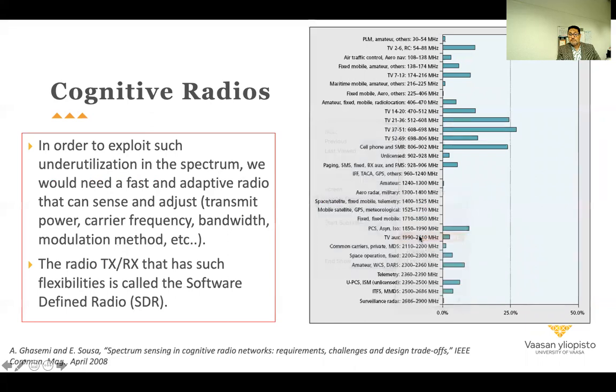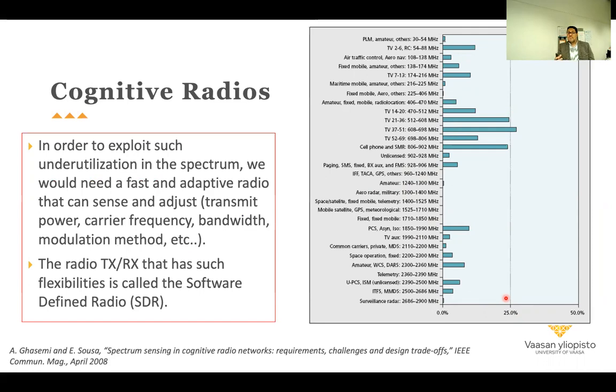You can see already that in these frequencies, most of the utilization is less than 25%. Those measurements were done in 6 different areas in the US, and this is the average result.